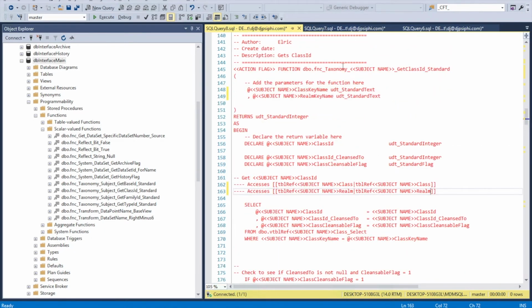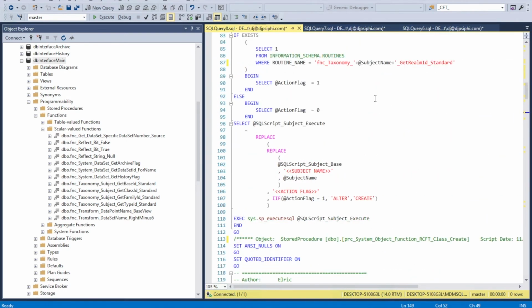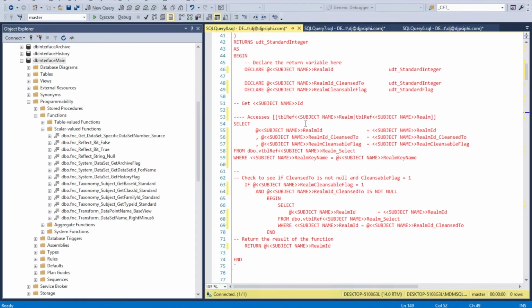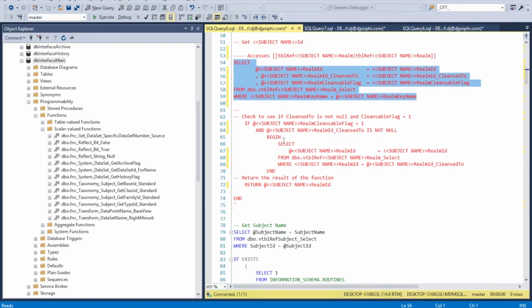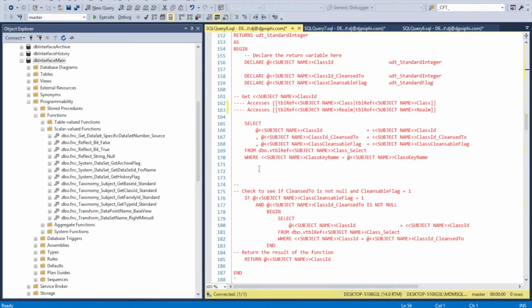Now that I'm in the class, I'm actually adding things. So I'm adding the realm to the class because the realm will be above the class at this point. So I'm going to copy this section, bring it down. We're essentially working on 4 procedures right now. And subject name, class, subject name,